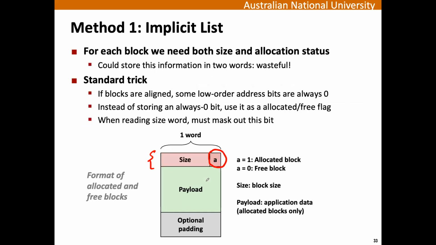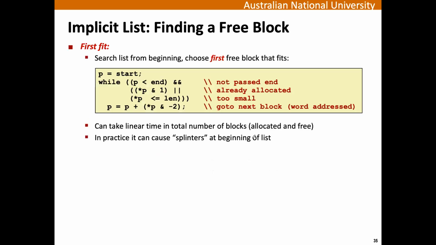So here we did this standard trick where we know that the size will always be a multiple of 8, so we can use these least significant 3 bits for metadata. But now everywhere we have to do the masking, and we have to extract and eliminate the bit. We have to be careful, and this is one of your optimizations we're asking for. First fit,